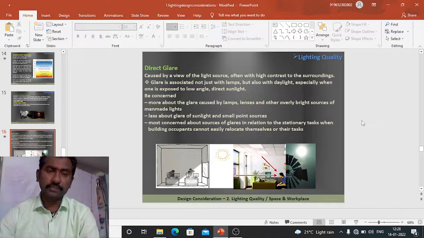Direct glare is caused by a view of the light source, often when it is of high contrast to the surroundings. Glare is associated not just with lamps but also with daylight, especially when one is exposed to low angle direct sunlight. Be concerned more about the glare caused by lamps, lenses, and other overly bright sources of man-made light, less about glare of the sunlight and small point sources. Be most concerned about sources of glare in relation to stationary tasks, when building occupants cannot easily relocate themselves